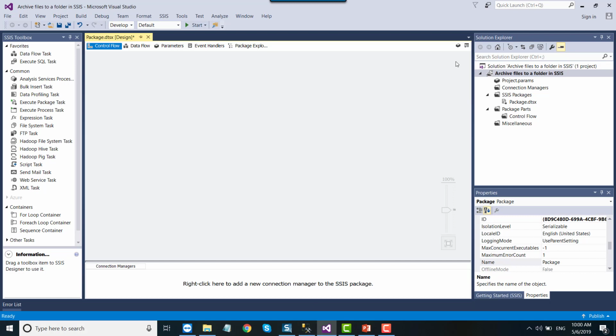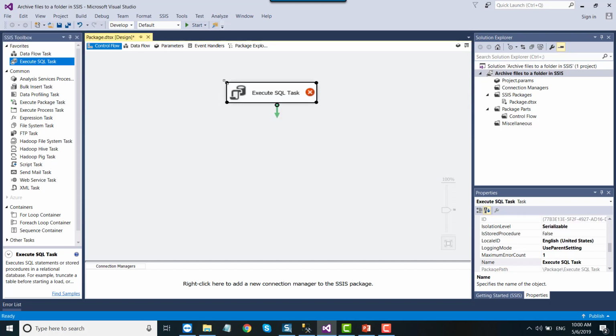First of all, we will create an Execute SQL Task which will check whether the SQL Server table to which we are going to load the data exists in the database or not. If the table is not there, it will create the table, and if the table is there, then first it will drop the table and then create a fresh table. So you can maybe name it like clean table,